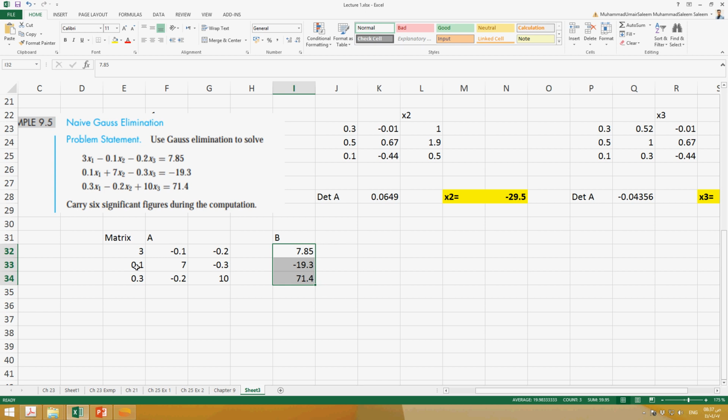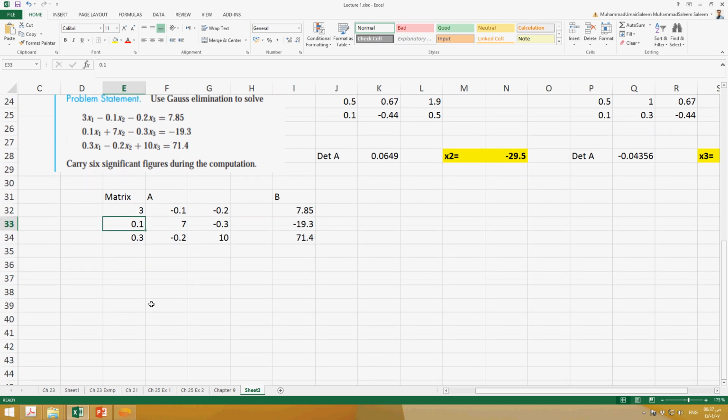So the first thing that we have to do is make this one 0. For example, you can call them equation 1, equation 2, equation 2, and this is equation 3. So this is the first set of operations we're going to do. This equation will remain as it is. You can put it here, say,